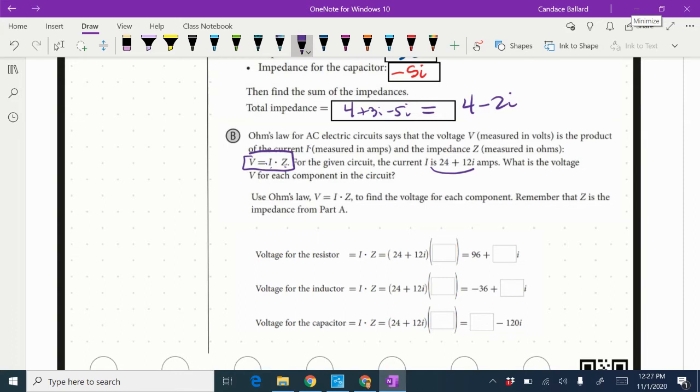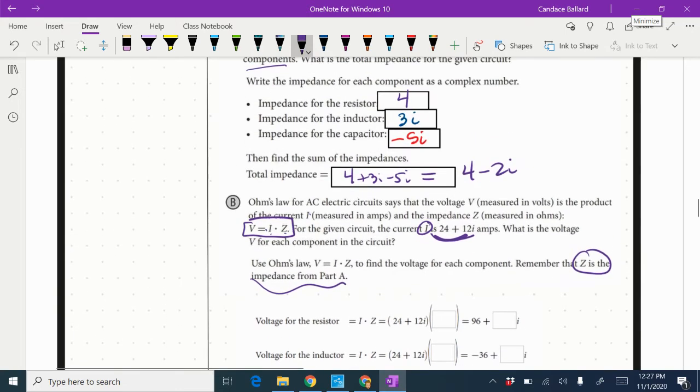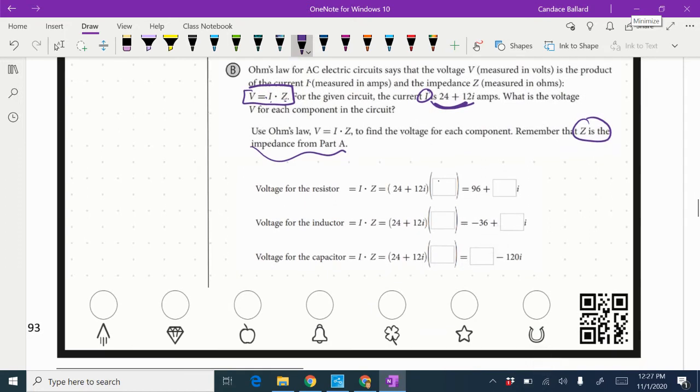So they're telling us that the current I is this 24 plus 12i. We need to find the voltage for each component. And remember, Z is the impedance from each part in A. So in A, we know for the resistor that our impedance was 4. So I'm going to distribute that 4 in. When I distribute the 4 in, I get 4 times 24, which is 96, and 4 times 12i